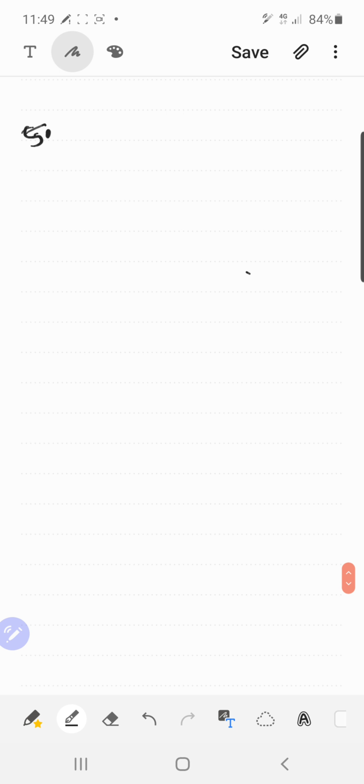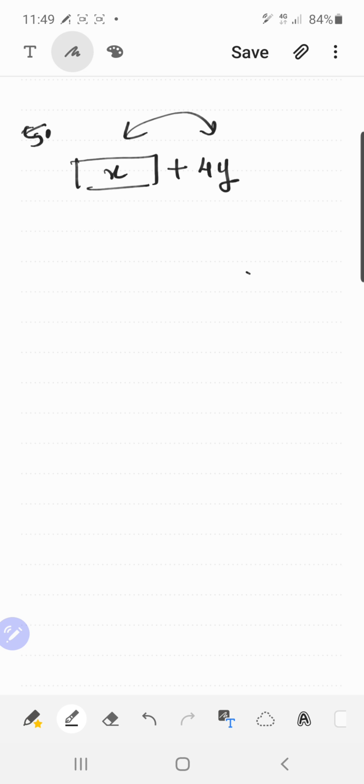And problem number 5 says a lending library has a fixed charge for the first 3 days and an additional charge for each day thereafter. तो first 3 days के लिए एक fixed charge है, okay, and then there is a variable cost. Sarita paid 27 for a book kept for 7 days. See, for the first 3 days you have a fixed charge. और अगर आप 7 डेज़ के लिए रख रहे हो तो 3 डेज़ का तो आपने x रख दिया, तो बाकी बचते हैं 4 डेज़. सो अगर उसका वेरिएबल कॉस्ट हम लोग y रख रहे हैं तो 4y हो जाएगा. और she paid total 27 rupees.